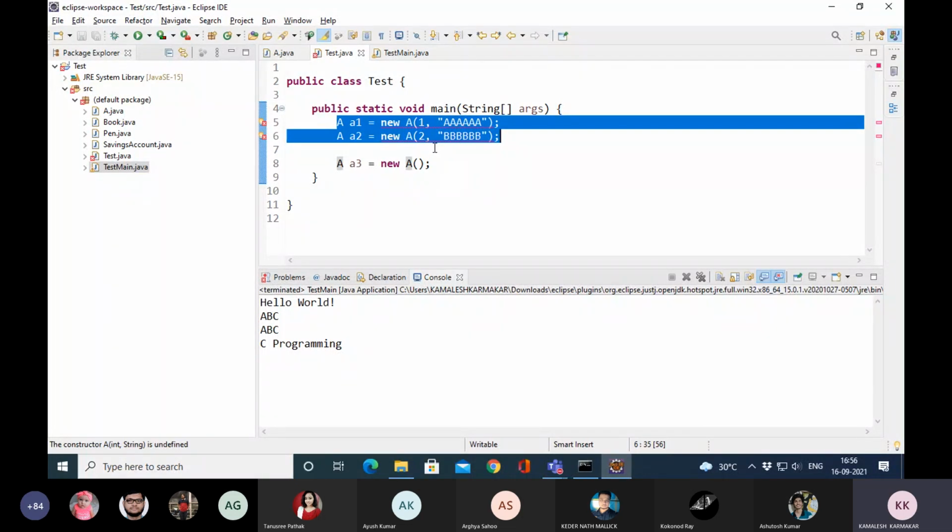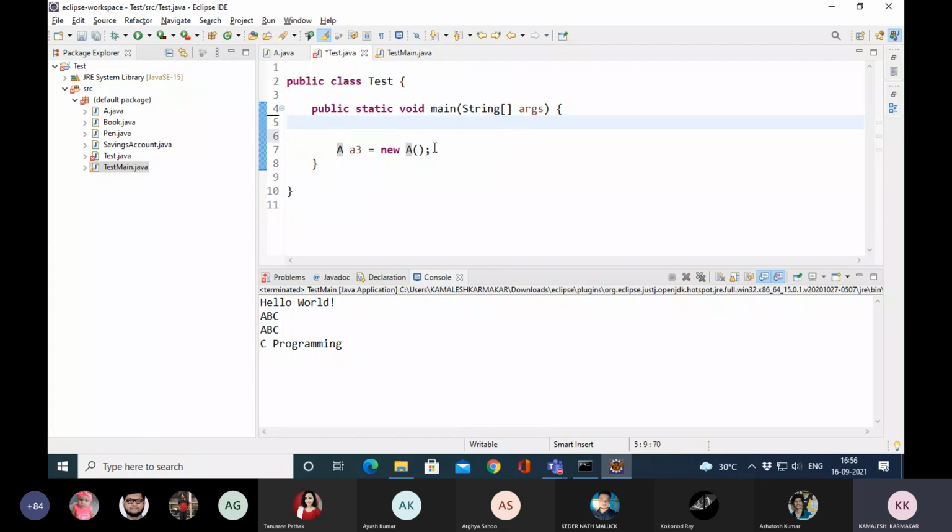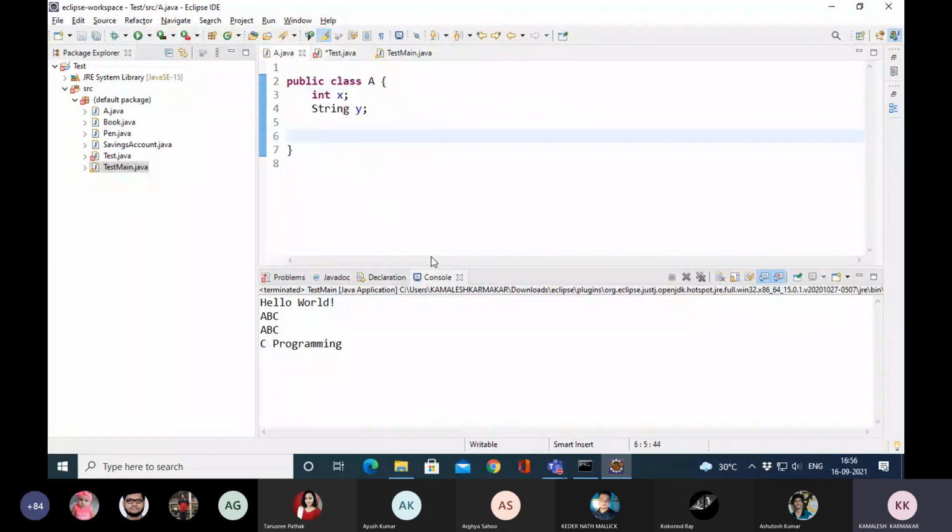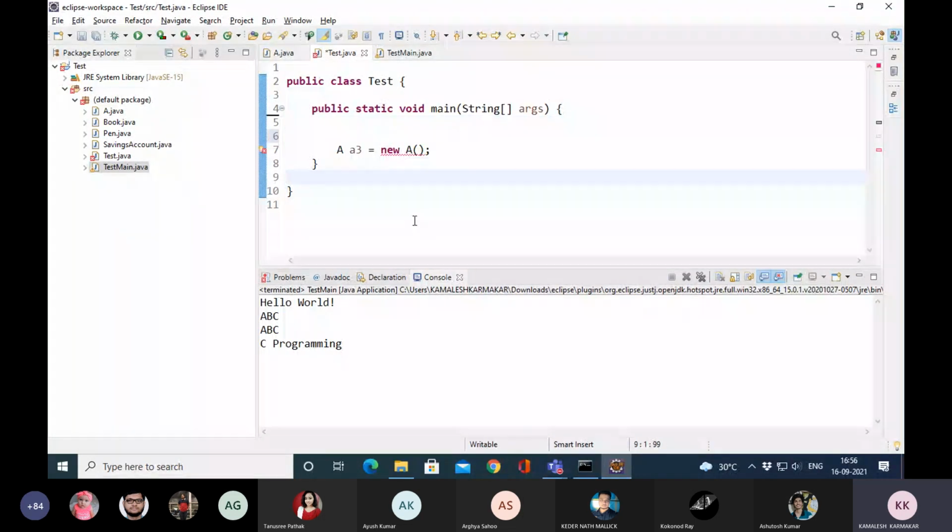I have just deleted that constructor, but this one is compiling. But when I add this constructor, then this code is not compiling. So the reason is, if